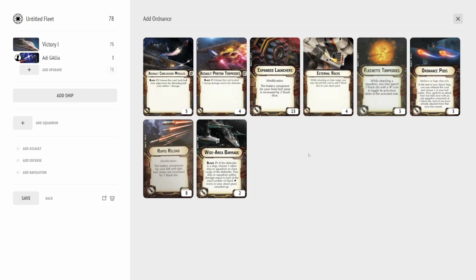We'll go over to Ordnance, and this is where you can really make it shine because it has the 2 slots. Basically, pick out your favorites here. Ordnance Pods, I think, is a strong contender for one of the slots because